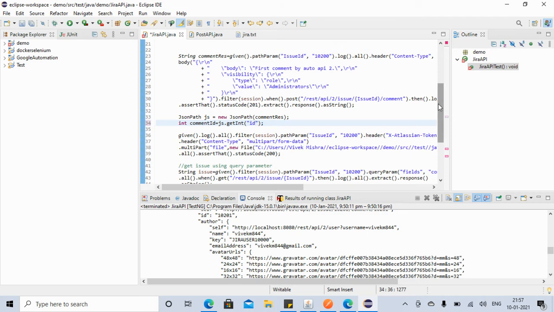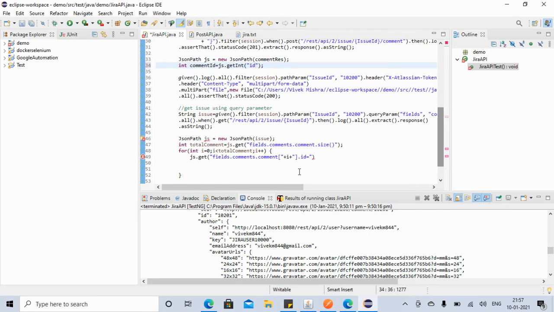Now we got the comment id, we can use this comment id here is equal to... but our comment id here is an integer, but we want to compare it with this dot id.